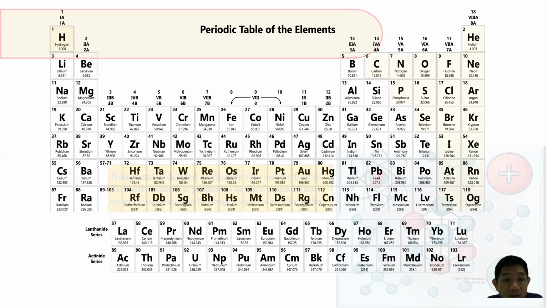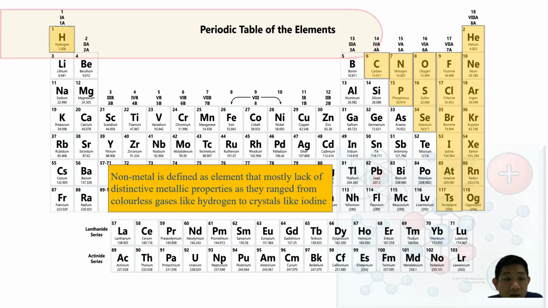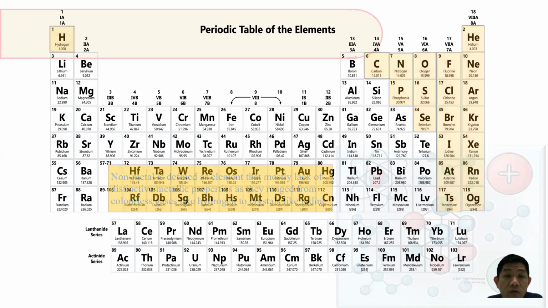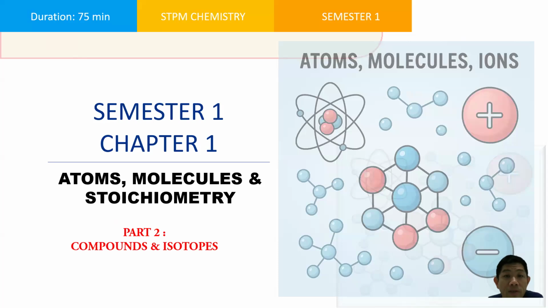And finally, we have a non-metal, which is defined as the most lacking of distinctive metallic properties as they range from colorless gas like hydrogen to crystal-like iodine. So we have already learned about the properties of elements. So we are going to continue with the next one, where we are going to learn about compounds and also